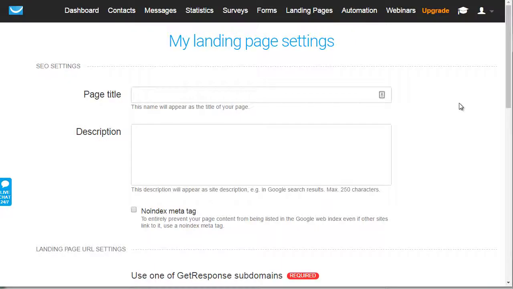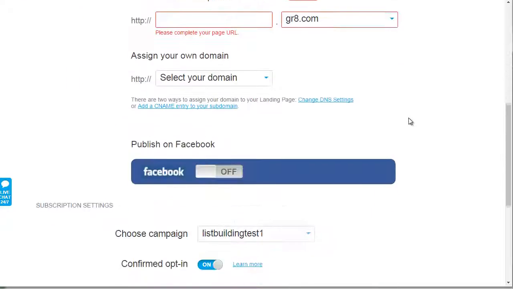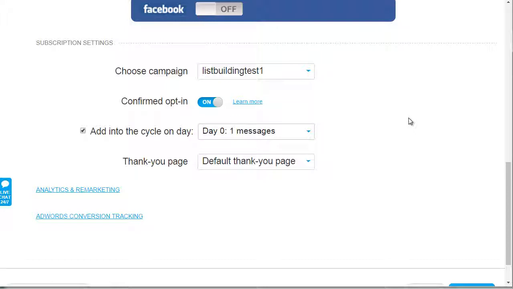Okay, so the benefit of using the GetResponse landing page system, or the system that is built into the autoresponder system itself, is that a lot of times you don't need to deal with the web form itself. You don't have to get the web form code or anything like that. So it's very similar to lead pages in that, and I'll show you lead pages as well in just a second. But with GetResponse, as you saw earlier, once you have everything set up, the autoresponder and landing page,